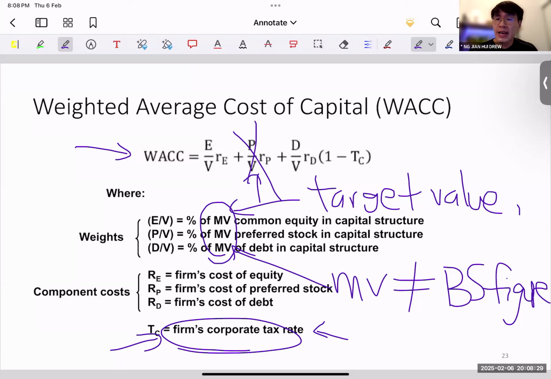17%, 17, right? So if you are valuing a US firm prior to the flat rate that was introduced by Trump during his first presidency, it was a graduated tax rate, right? So prior to Trump's first presidency, it was graduated tax rate, meaning that the tax rate changes. So for this corporate tax rate, it becomes very complicated. This is just for your own information because now it doesn't really apply,